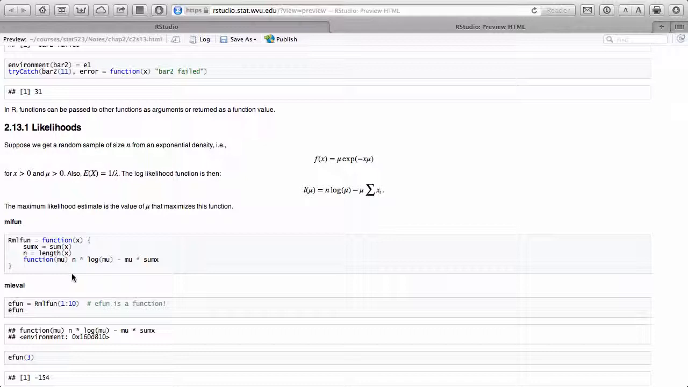Notice how I define the log likelihood function. The argument is mu. And so, if you look here, and then you look at the R code, there's a one-to-one correspondence. That's really nice, that we can just write the R code that mimics the algebra. So I have n times log of mu minus mu times sum x,